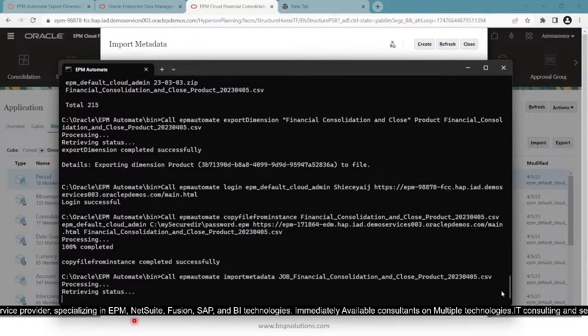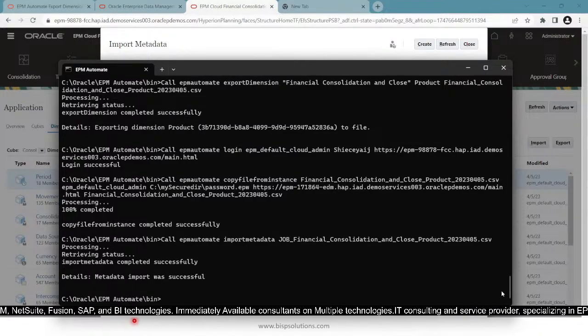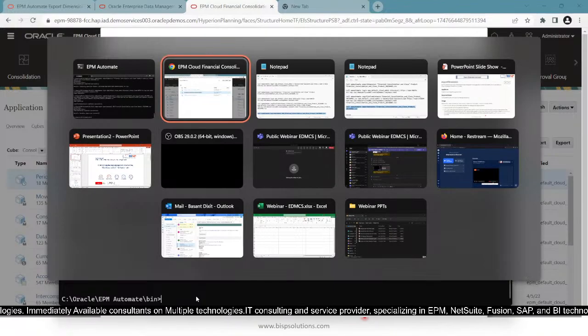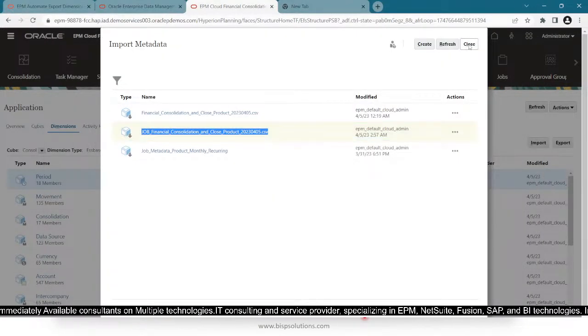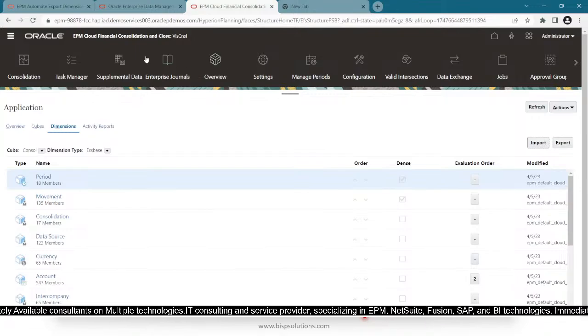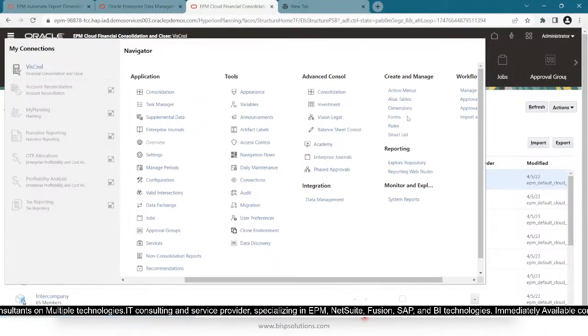And one more thing, we have to refresh the database to see the changes, because without refreshing we won't see the desired output we want. So the import was successful. You can see in this processing that we got an update that it is successful. Let's refresh the cube, and we can also refresh the cube from EPM Automate. Let me first go to the product dimension and see whether we can find the changes,